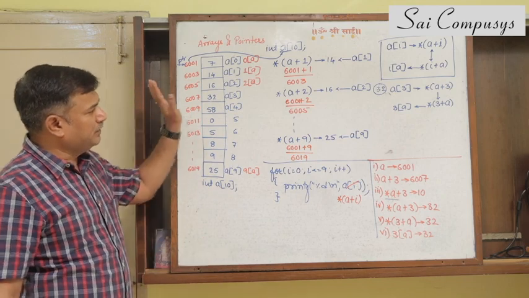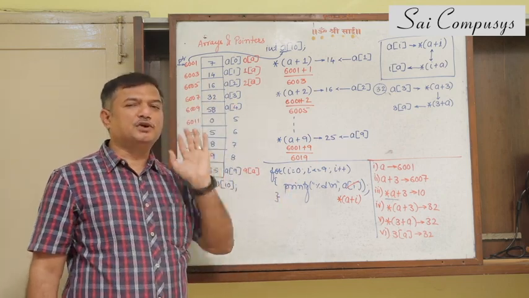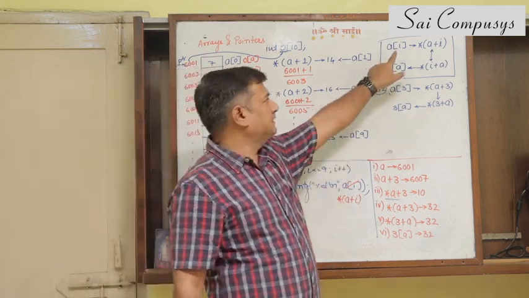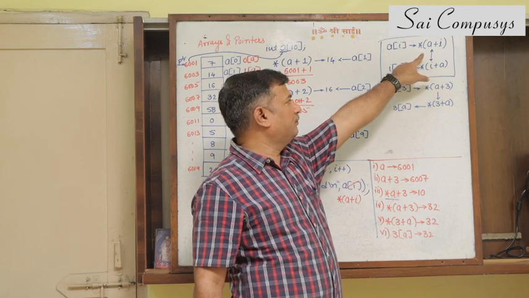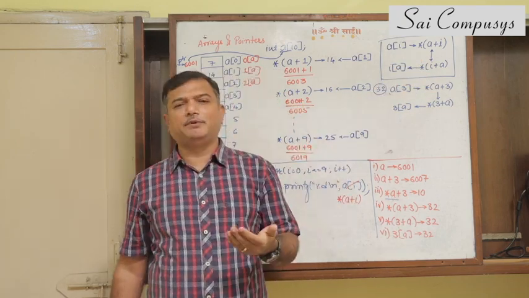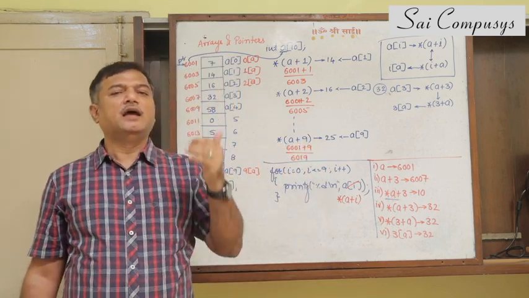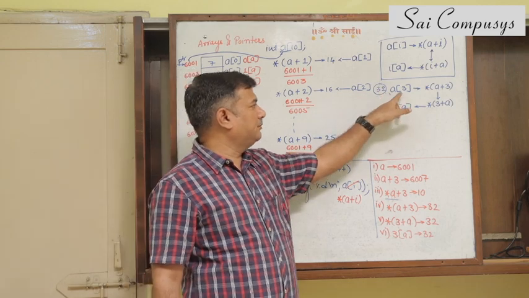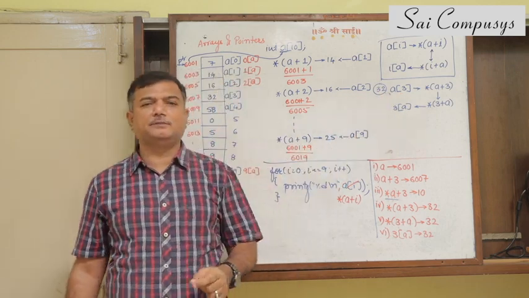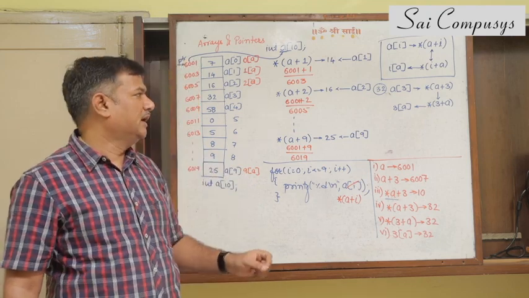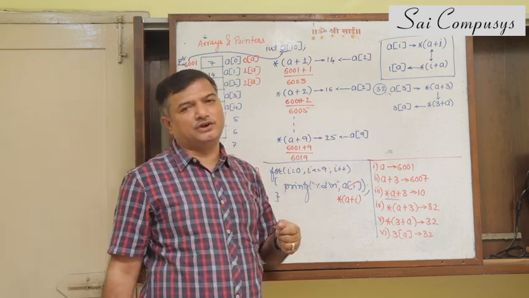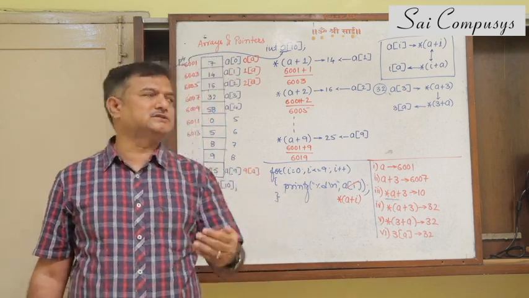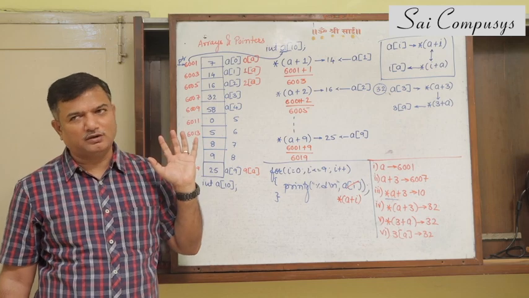So what is important in the whole discussion is the relation between the array notation and its pointer equivalent notation. This is the array notation and this is the pointer equivalent notation. What you should be happy about arrays is that an array element can now be referred to with 4 different methods. The same 32 can be written as A of 3, star A plus 3, star 3 plus A, or it can also be conveniently written as 3 of A. So we have got 4 methods of accessing an element. So this is what arrays and pointers is all about. Thank you.